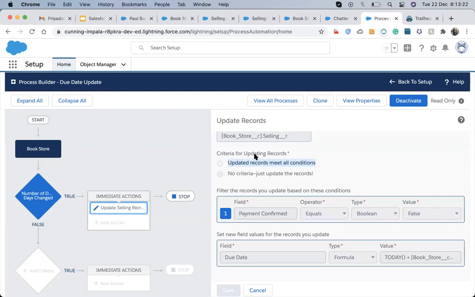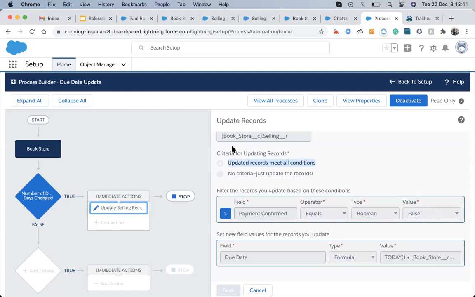Similarly, I'm going to design what is like a time-based workflow, but here it's not time, it's a kind of scheduled action. I'm going to design a scheduled action for our selling object.